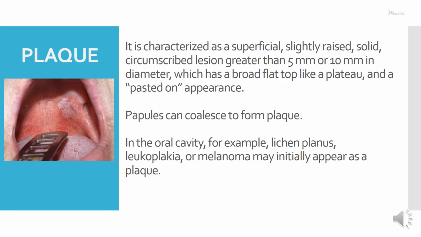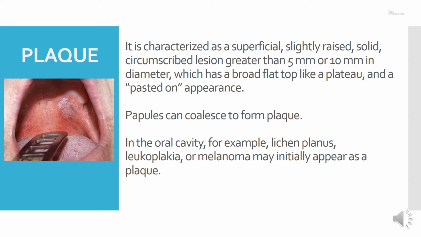Next is another elevated lesion which we refer to as a plaque. A plaque is a superficial, slightly raised solid lesion which is circumscribed. These are generally greater than 5 mm to 1 centimeter, as opposed to a papule. Papules are also elevated lesions, and plaques are also elevated lesions, but we designate a lesion as a plaque when it is more than 1 centimeter in size. So they appear as broad, flat-topped like a plateau, or they show a pasted-on